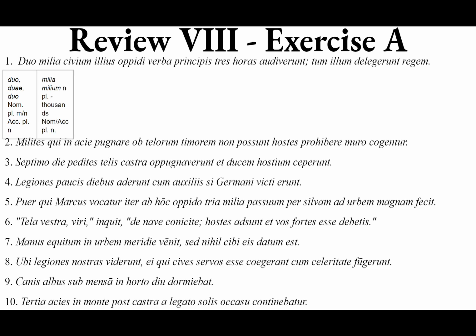Milia, milium, neuter plural. This means thousands, more than a singular mille, thousand. Mille is an indeclinable adjective. It only works when you have 1,000. If you have more than 1,000, 2,000, 3,000, 4,000, etc., you must use the noun milia, milium, neuter plural. But that means that you must use a partitive genitive with this noun milia, milium in order to indicate thousands